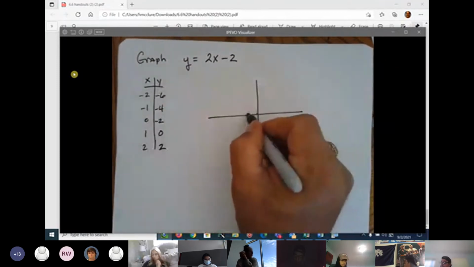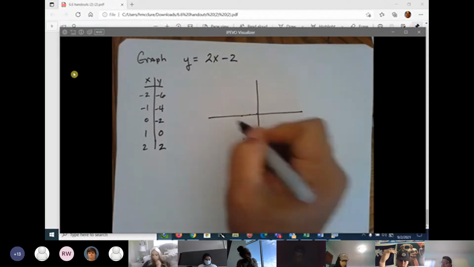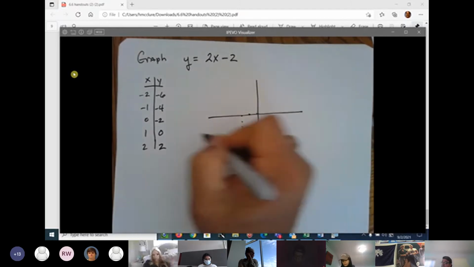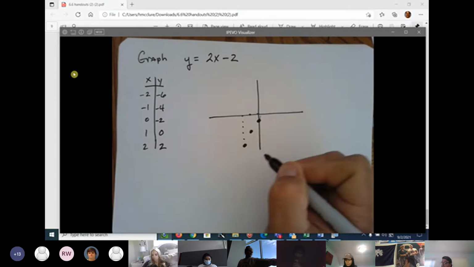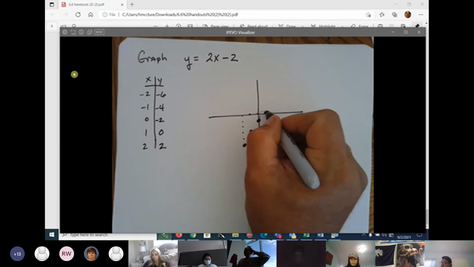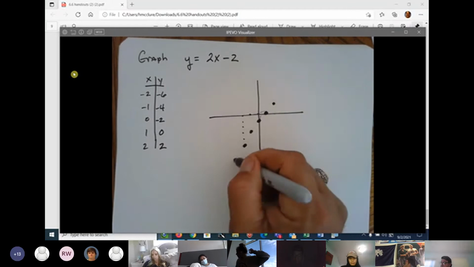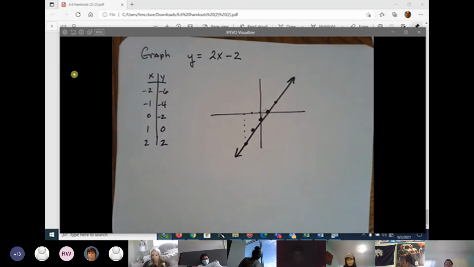Negative 2, negative 6. Negative 1, negative 4. 0, negative 2. 1 and 0. And 2 and 2. So there's the first method of graphing. The second method of graphing,